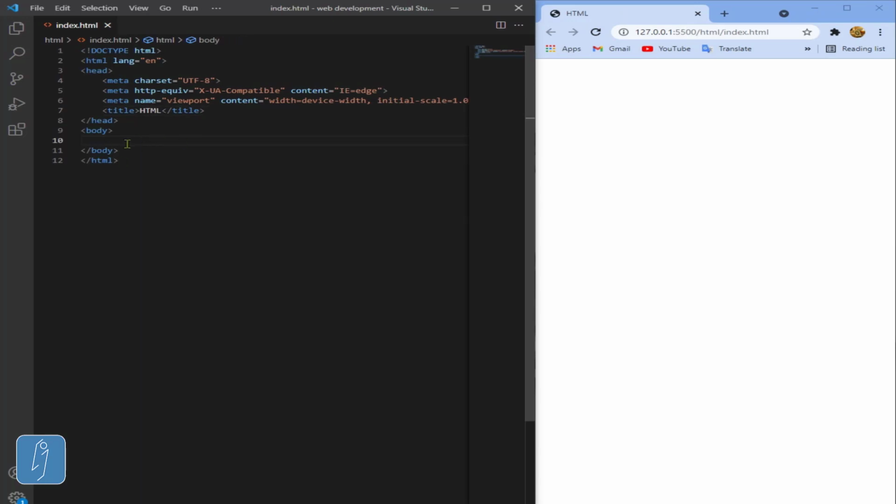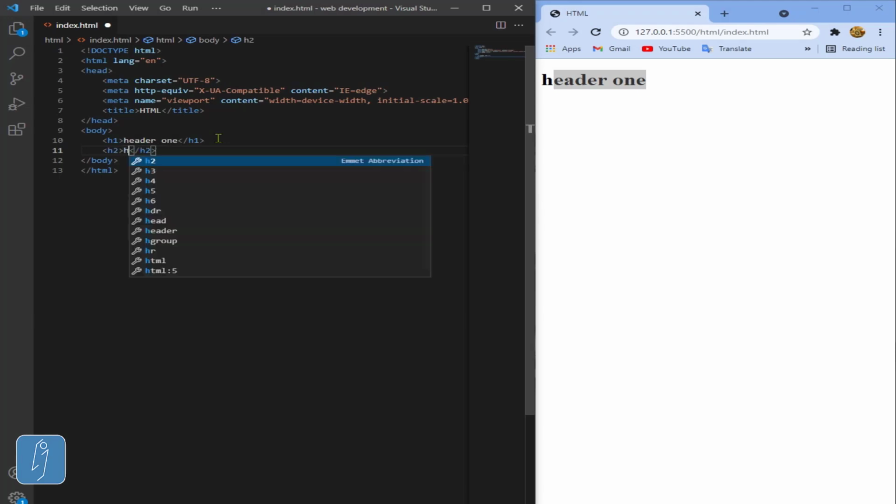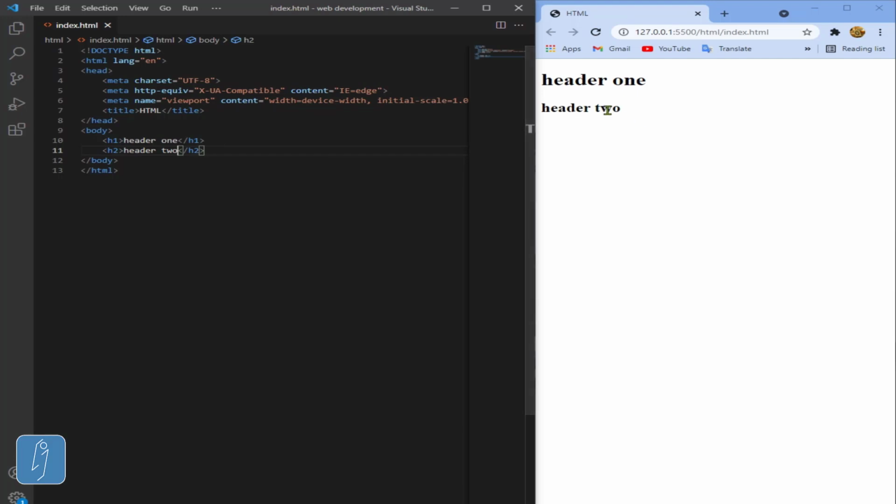So inside the body here, I'm going to start with the headings. H1 just means header 1, and it is going to display in a big size. So I'll go with a header 1. If I save it, as you see at the top here, it is header 1, and it's bigger. If I create H2 here and hit tab, then type header 2, save. It's a little bit smaller, and again for H3, header 3,